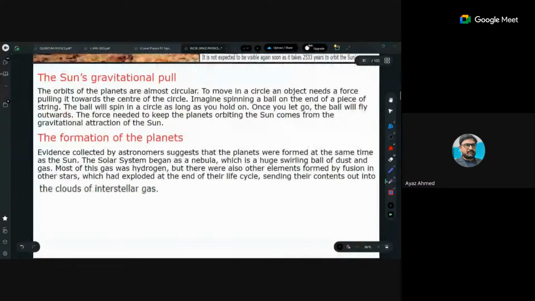Sun's gravitational pull. In your A levels too, maybe in next year, in syllabus changes, it would be added, because this is mandatory now, that what is the origin of gravitational pull. Actually, when the